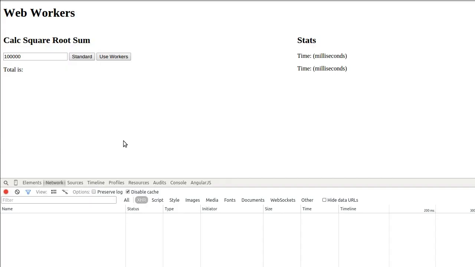So you can see here, we're just going to calculate our square root sum. We're starting with 100,000. We do it with the standard method. It's pretty fast, 2 milliseconds. However, if we come over and use our workers, we can see that, not necessarily what we were expecting. And this is a good example of making sure that when you're learning about all these different ways to optimize and improve your JavaScript, you actually make sure that the technology you're picking or the optimization you're picking is valid